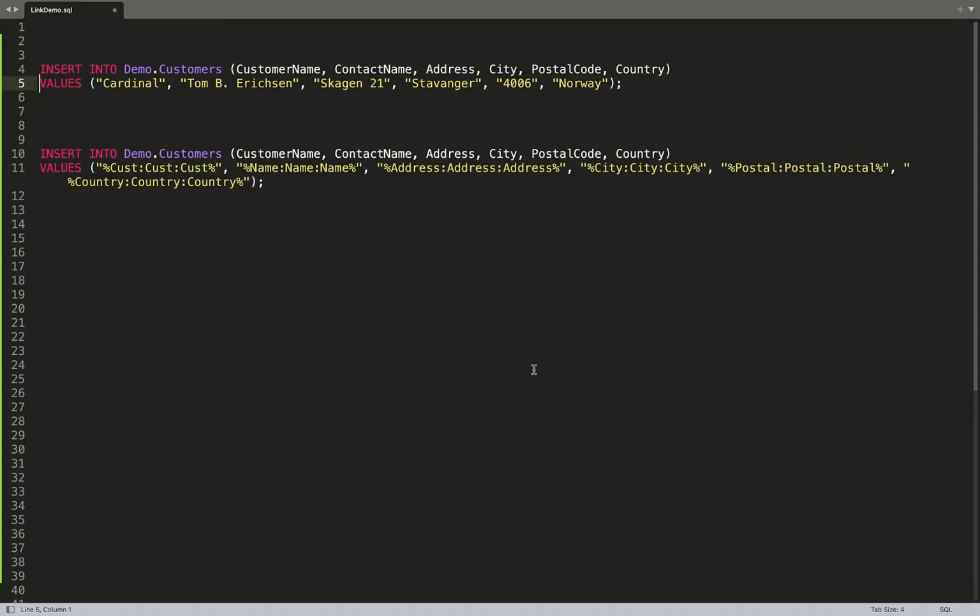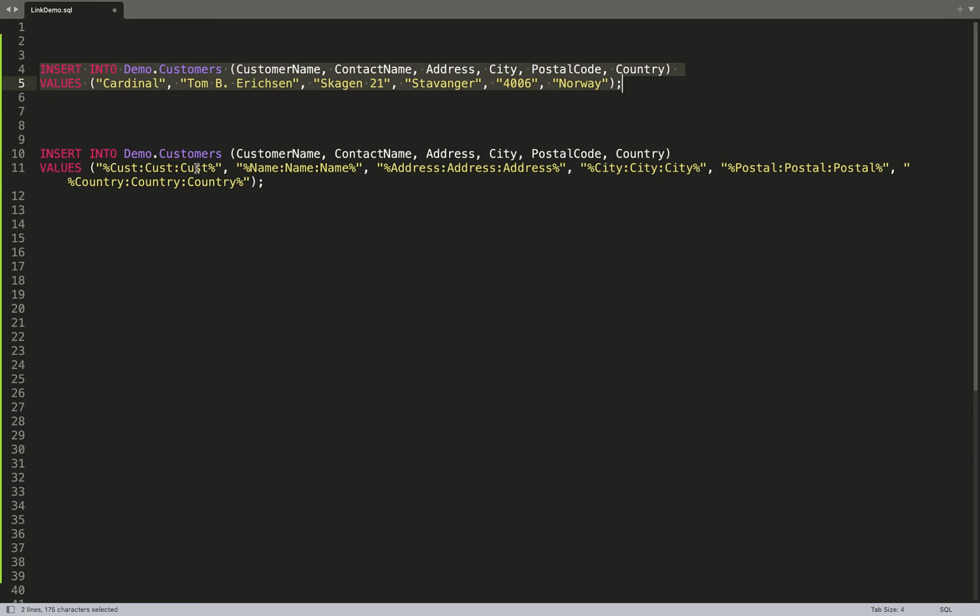Now we'll move on to adding a record to the table. During the MySQL setup, we added one record to the customer table, and in the tutorial there was a SQL statement, an insert statement, and it said add to the database demo customers, and with these fields, these are the values. So what we're going to do is take that statement, and instead of using those values, we're going to use